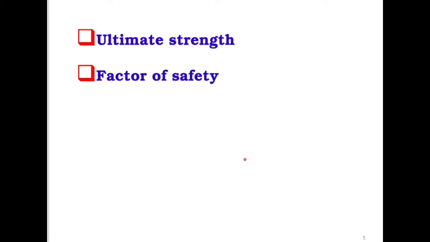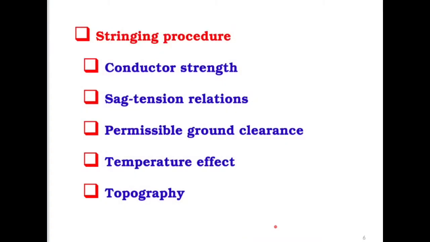We rather want the conductor tension to be much below its ultimate strength, so that there is no chance or possibility of the conductor getting snapped from the point where it is fastened to the support. So that's the factor of safety. But as we choose a higher factor of safety, it's safe, but it involves more investment in terms of the conductor itself. How do they affect? We'll discuss those things in the following slide. Now comes the stringing procedure.